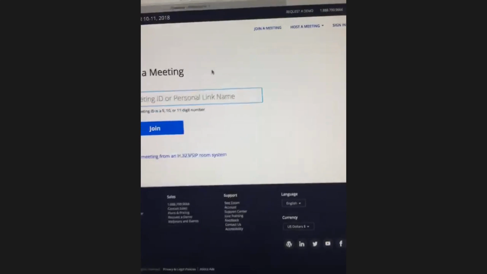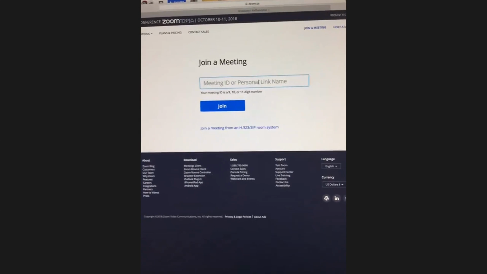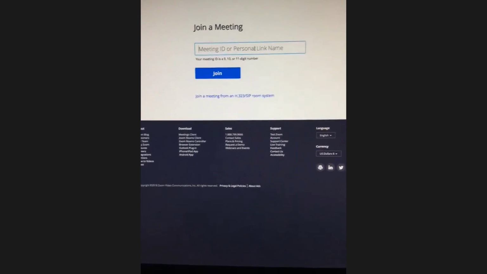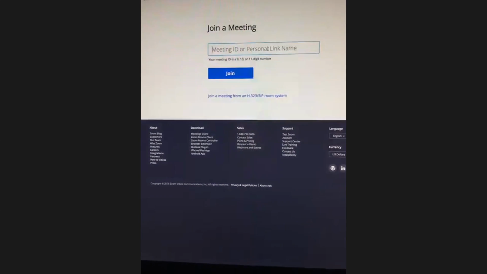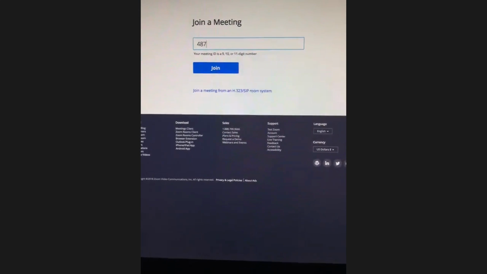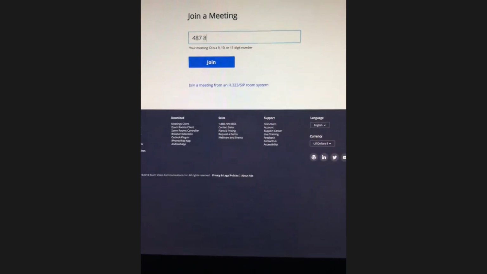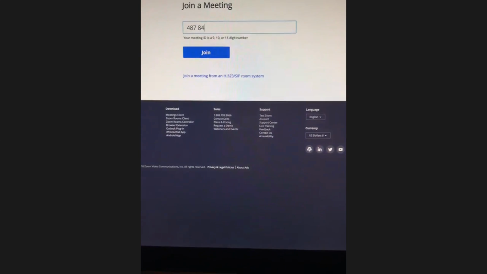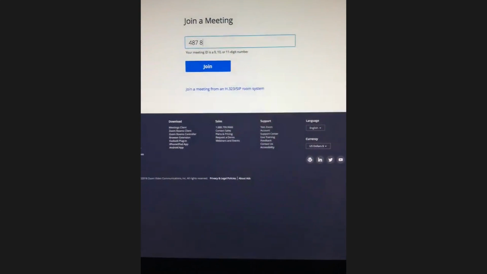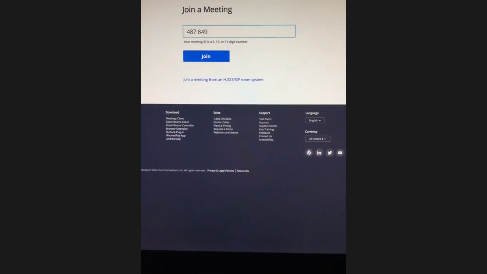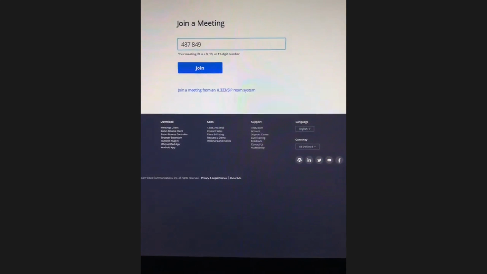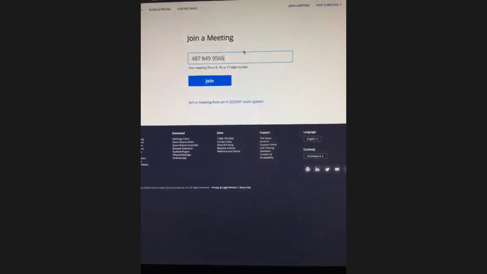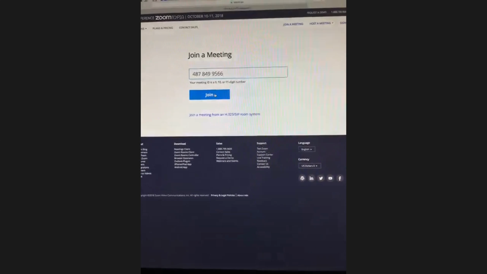Now a lot of times you're already going to have a link, and you just click the link and it's going to go straight there. I don't have a link to share because of the way I'm doing this. So I have to just put in the personal meeting ID, which somebody can give to you when you're coming to join. It's going to be different depending on who the host is. So this is my meeting ID, but that doesn't mean it's going to be the same every time. Then I'm going to hit join,